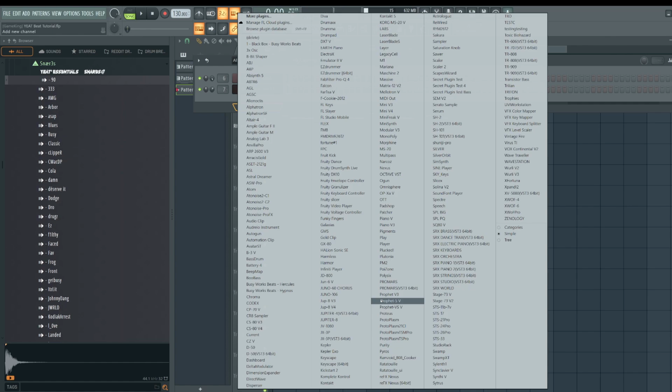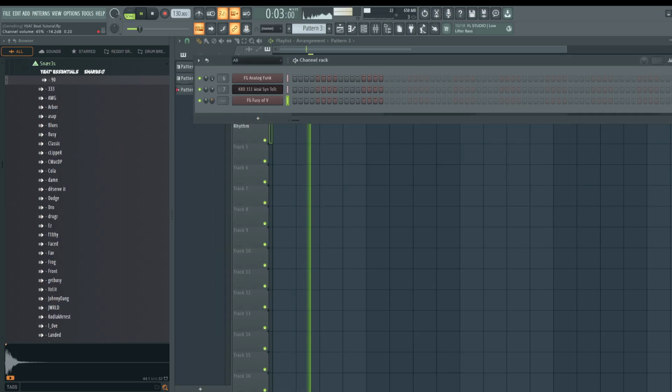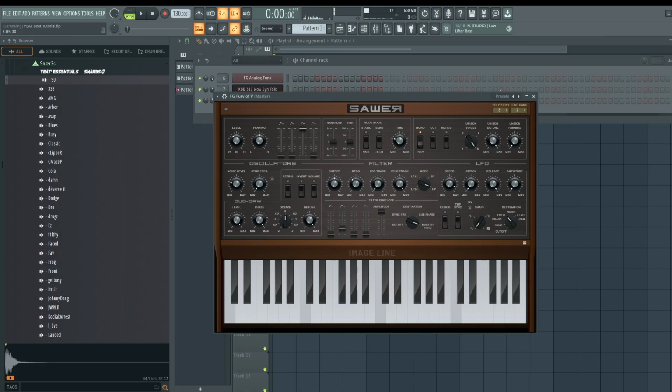Let's use Saw-er. I'm trying to think which one has better lead sounds. GMS is also good, but let's try Saw-er. Let's try their leads here. These are more like Moog type sounds, even though it's not a Moog. But their leads are more like West Coast. Let's just see if any of these. This one's kind of cool. It's a little too thin though, as far as the airy tone.